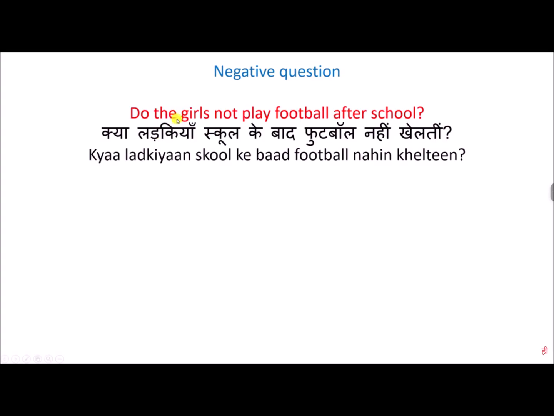लड़कियां is the girls, school is school, के बाद is after. I'll teach you this later. Football is football, नहीं is not, खेल is play. Okay,